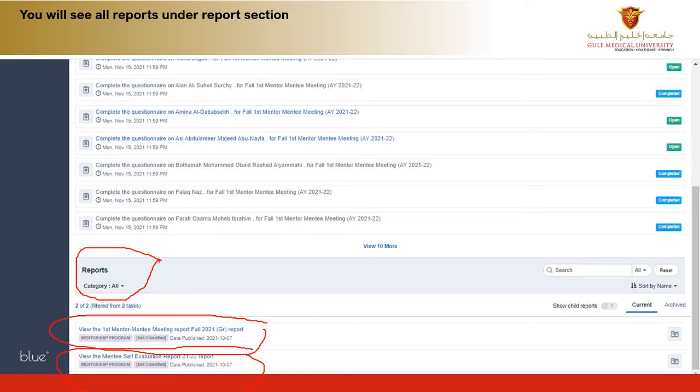From the mentor's perspective, the reports will be consolidated, showing that for all the mentees, whatever self-evaluation is submitted by each mentee under a mentor will be one particular report, and then whatever the mentor has submitted for the mentees will appear in another report.